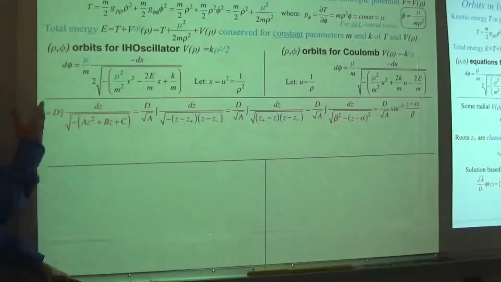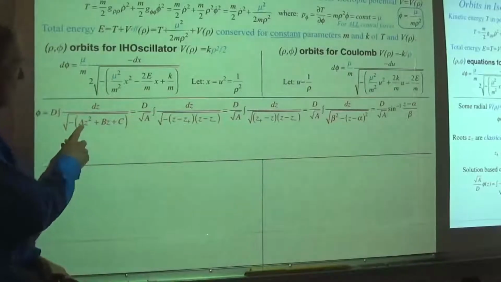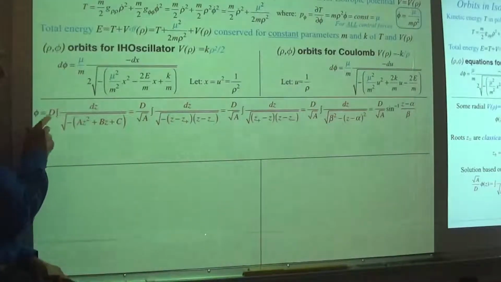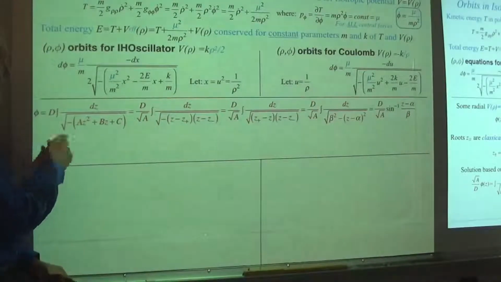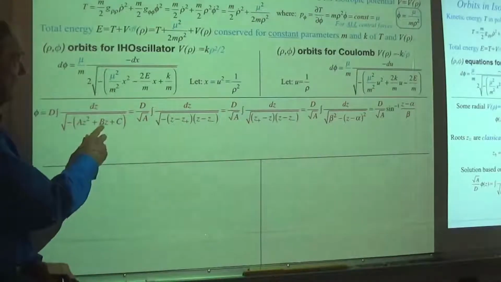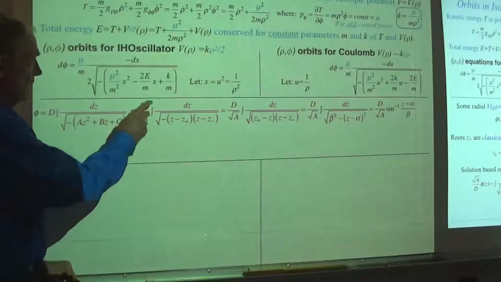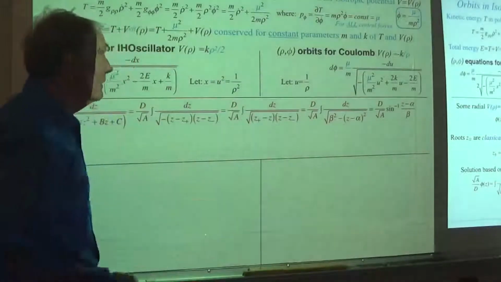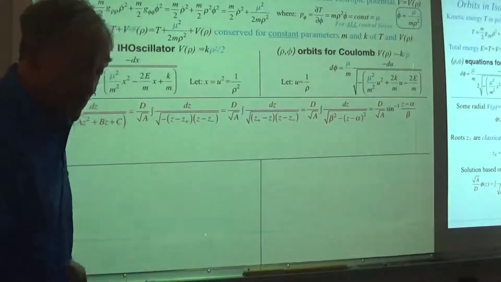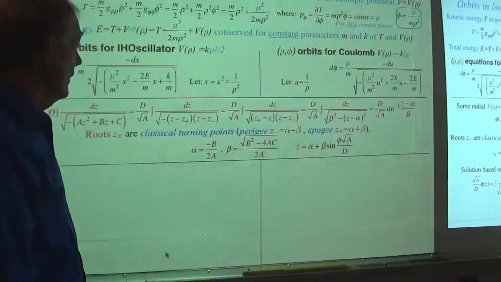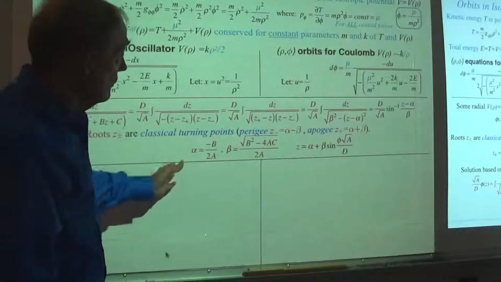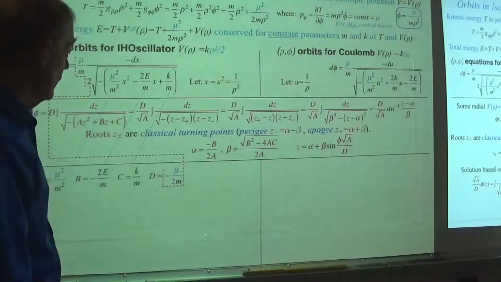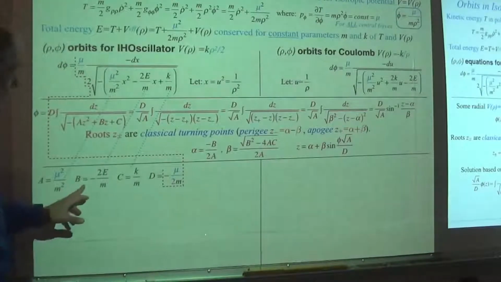All we have to do for these two guys is tell us what is A, what is B, what is C, and what is D. D's that guy right there, A's that guy right there, B's that guy, C's that guy. So we're going to do that for the Coulomb as well as the oscillator, and they are different in each case. So here's the thing that we just were writing there, the sine solution, and here's the proper,